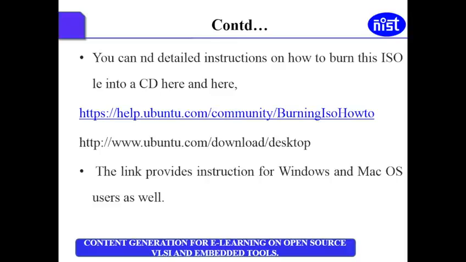To do this in detail, you can burn the ISO file into a CD. For more details, you can go to help.ubuntu.com/community/BurningIsoHowto. The link provides instructions for Windows and Mac operating system users as well. You can go to the link and check it.